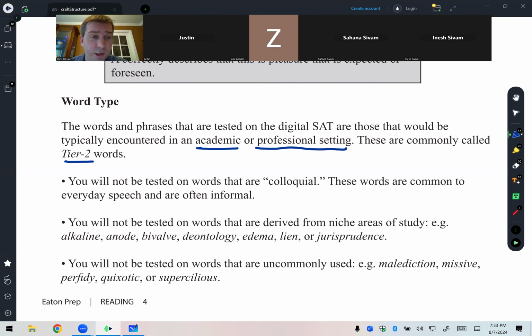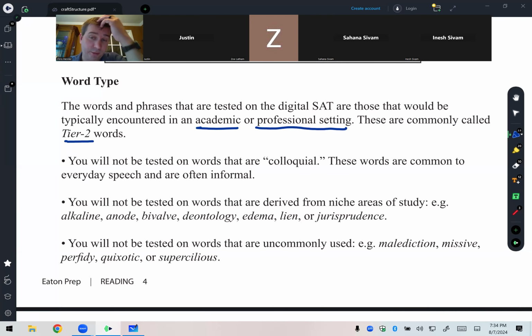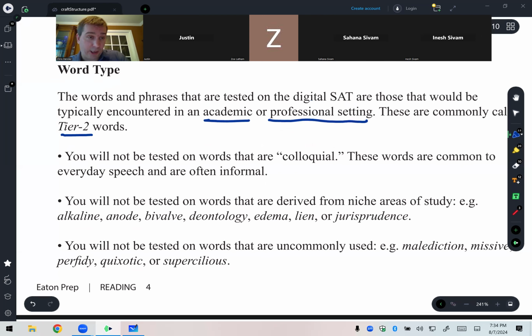All right, so let's go over the things that you will not be tested on. You will not be tested on words that are colloquial. These are the words of everyday speech, informal language. So we don't have to worry about those. You will not be tested on words that are derived from niche areas of study. For example, alkaline, this is a term that you might encounter in a chemistry class, but we don't have to worry about it. Anode, bivalve,